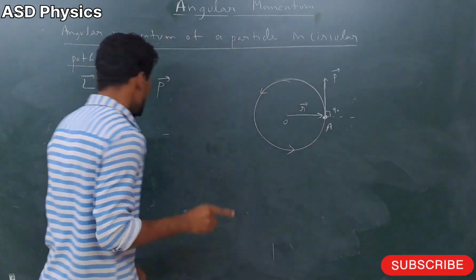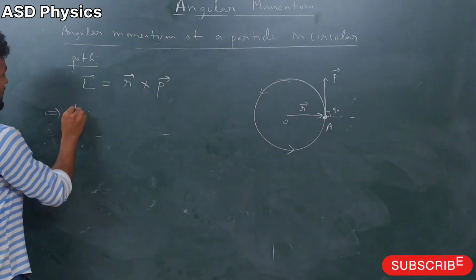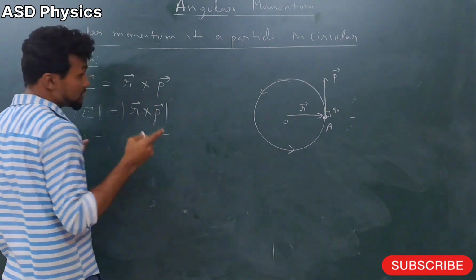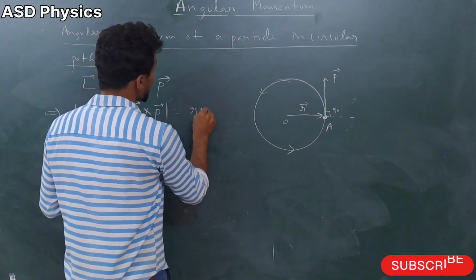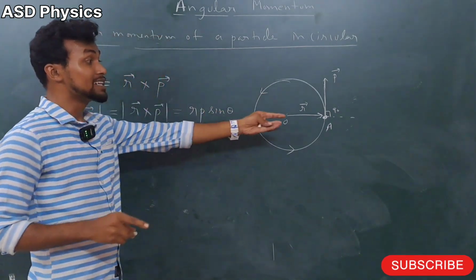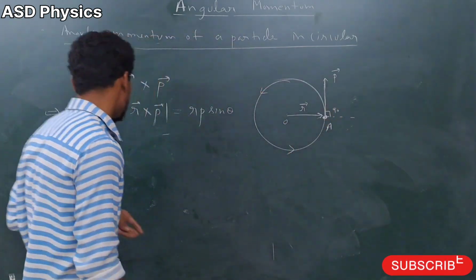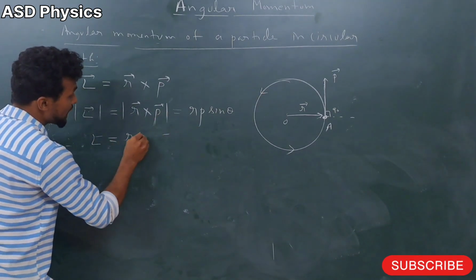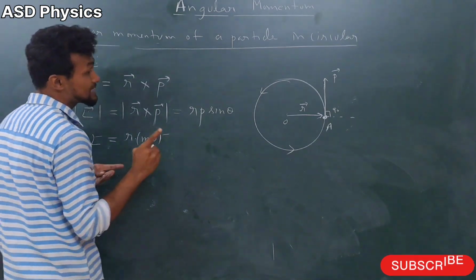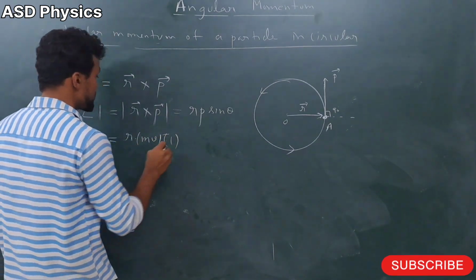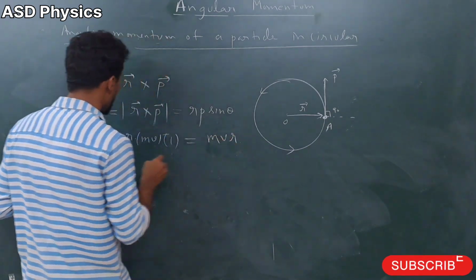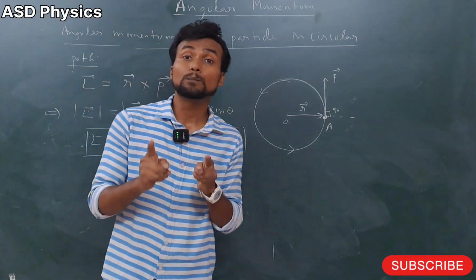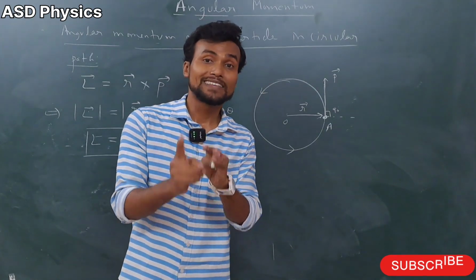Now students, we will just write here the magnitude. If we write the magnitude, that means mod of r cross p, and we know very well mod of r cross p is what? r into p into sine theta. Now theta how much here, students? 90 degree. So we can write here, hence L equal to r, p means what? mv, and here sine 90. Sine 90 means how much? 1. That means this is coming mvr. L equal to mvr. Even this angular momentum we see in Bohr's second postulate also, in chemistry also, and in physics 12th also.